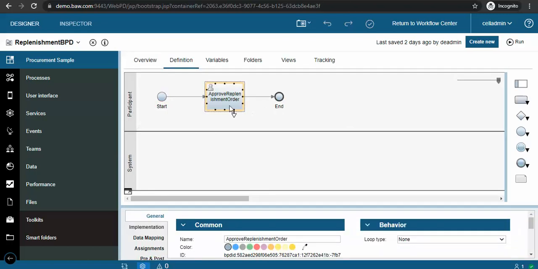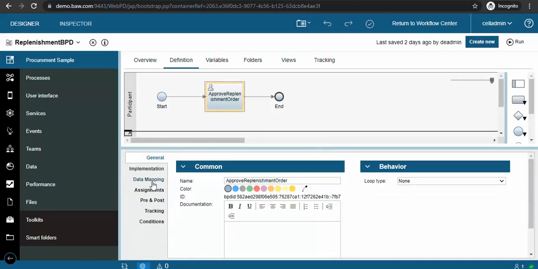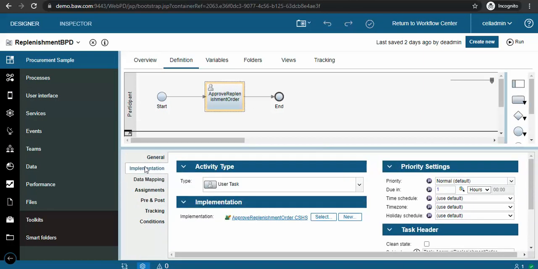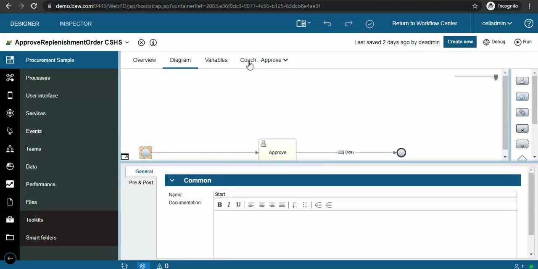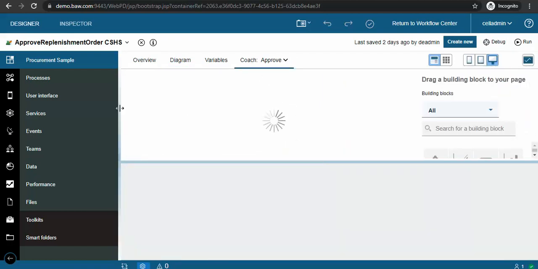You can see we have 2 lanes here and user activity, and let's see the CSS. So we will go to implementation, click on the CSS name, and we will have our coach.